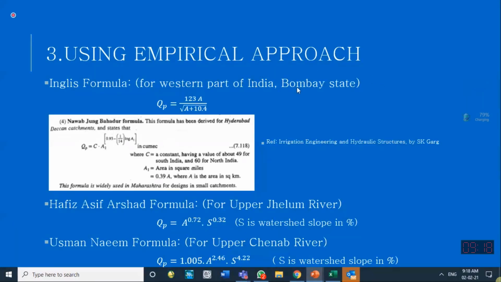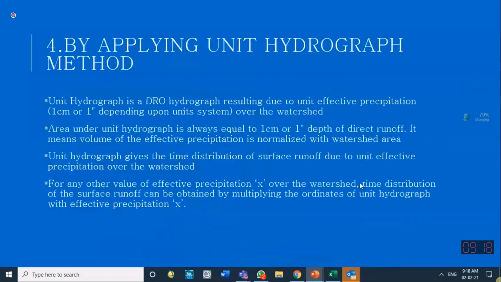This is for Bombay and Deccan only, this method. So hopefully Bombay meteorology seems to be similar to Karachi, I think. Coastal area, our coastal area with theirs. And western part of India is this Gujarat and this thing, which is close to the Tharparkar and Sindh area. And here are for Upper Chenab and Upper Jhelum River. In more Pakistani literature, if you search, you will find some methods, because books are written mostly by Indians, so we get those methods over there.